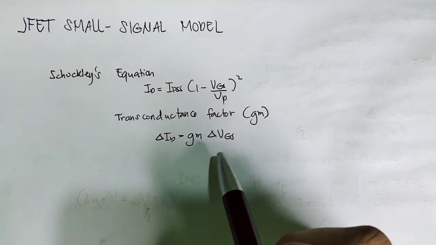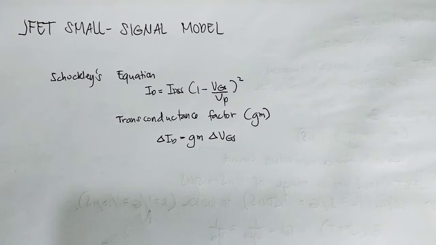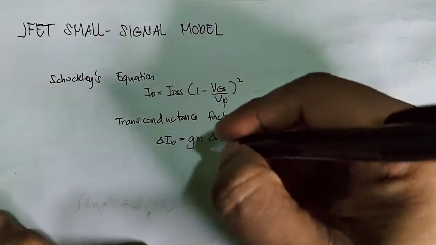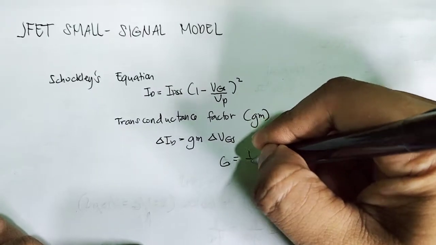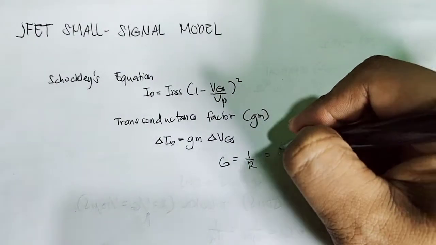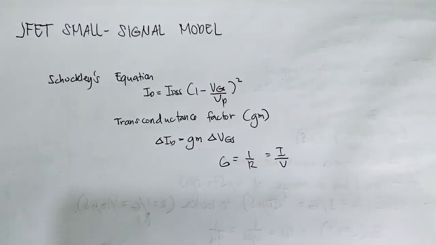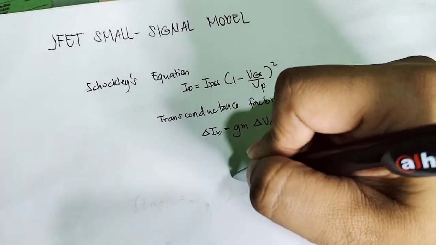The root word conductance was chosen because g sub m is determined by a current to voltage ratio, similar to the ratio that defines the conductance of a resistor, where the conductance G is just equal to the reciprocal of the resistance, or equal to the current divided by the voltage. So, solving for the transconductance g sub m,